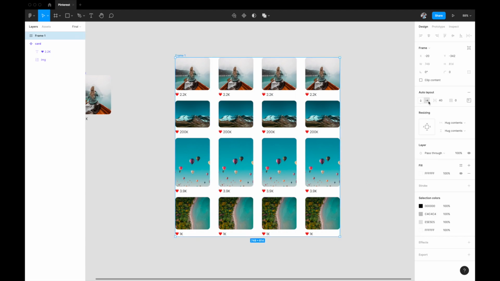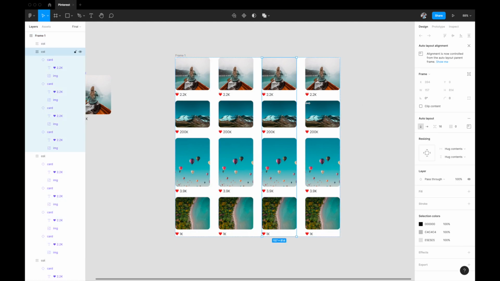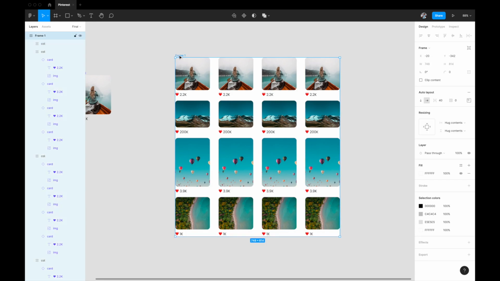Now if you see, this auto layout is in the horizontal direction because the columns are stacked in the horizontal direction. For this bigger frame, the elements are these columns, and these columns are stacked in the horizontal direction. So now the auto layout position is in the horizontal direction. So it's really easy for you to understand which direction we are trying to build. Okay. And the spacing between them, the white space between this and this, we don't want 40, we can set it to 16 so that it matches our vertical spacing. So we'll do 16.